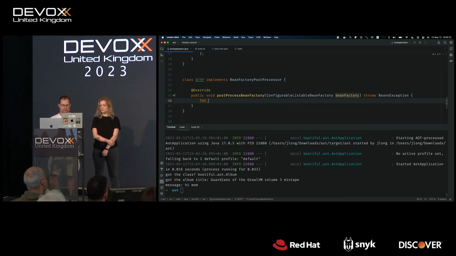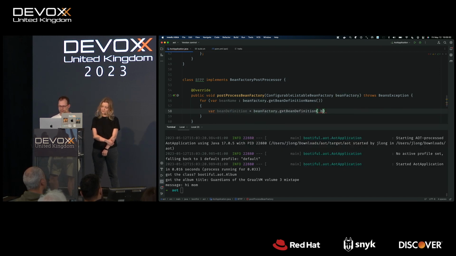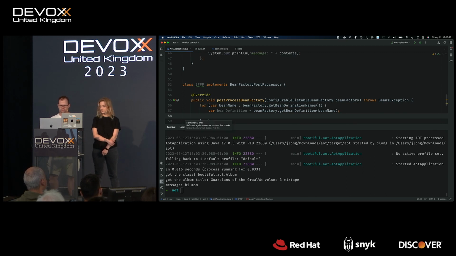You can say for var beanName : beanFactory.getBeanDefinitionNames(), and I can get the bean definition. And this is a meta model object that describes basically the constructors, the properties, the dependencies, all that stuff related to an object in the application context, in the bean factory.